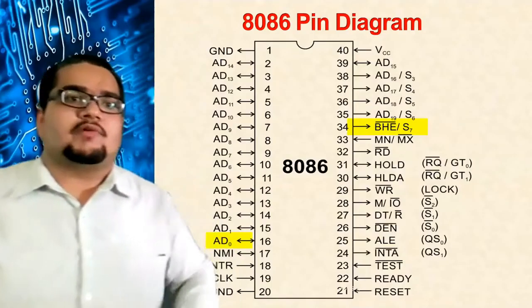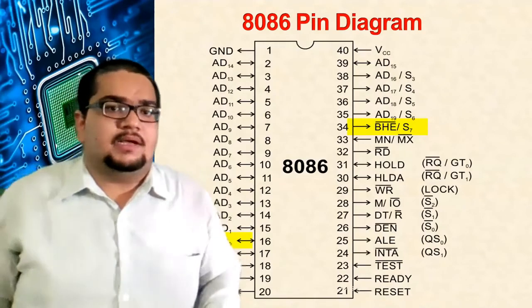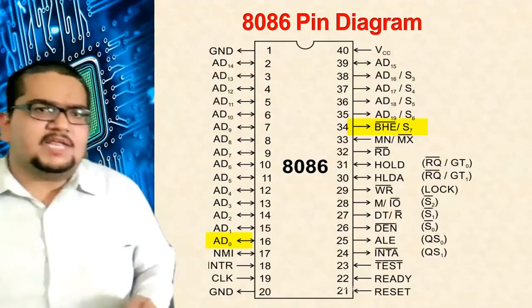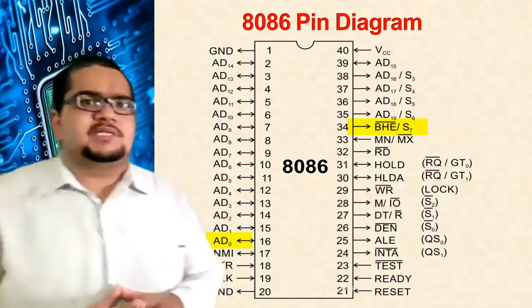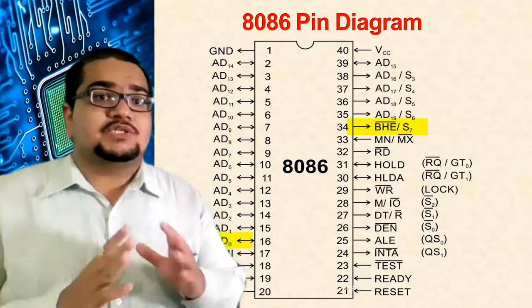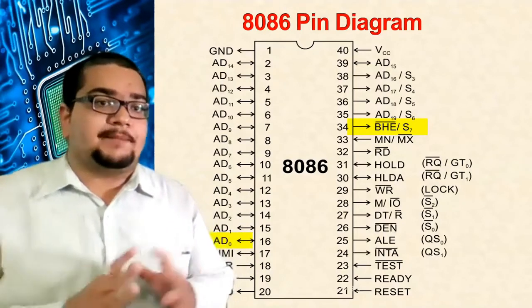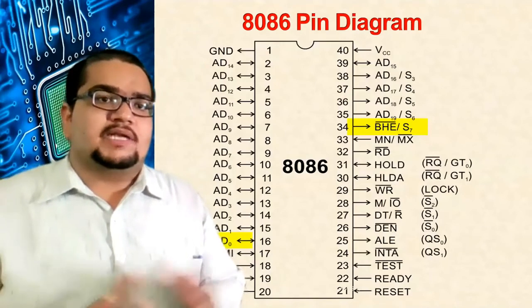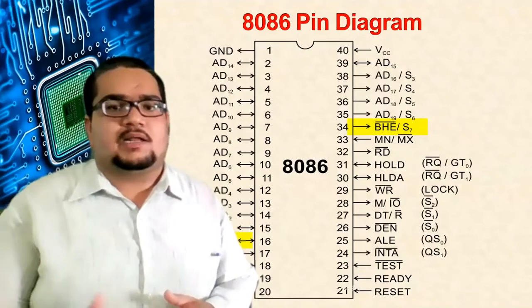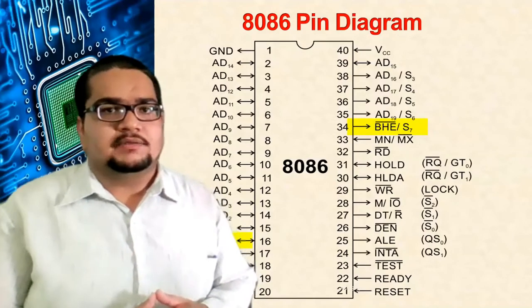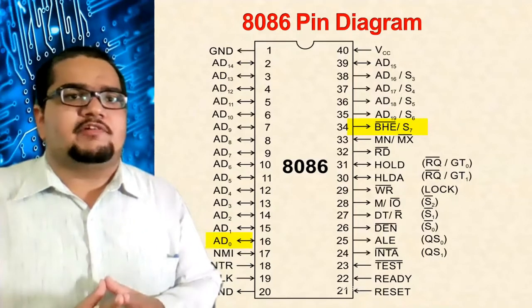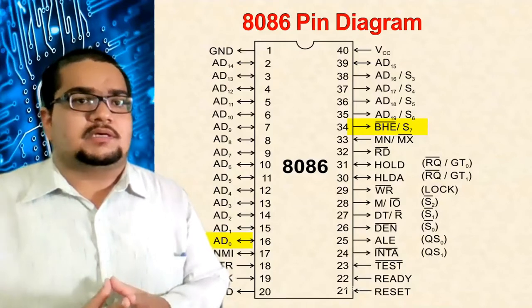Before we continue into our physical memory organization topic, it is required for us to understand brief knowledge about the pin diagram of 8086. Initially, while talking about the features of 8086, we have seen that the 8086 IC is available in a 40 pin dual inline package. Why is it called dual inline? You can see it is obvious here: pins 1 to 20 on one side in a line, and 21 to 40 on the other side. Each of these pins we will check in detail maybe from the next class onwards.